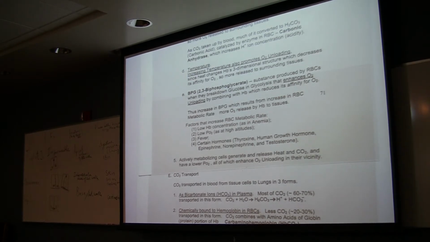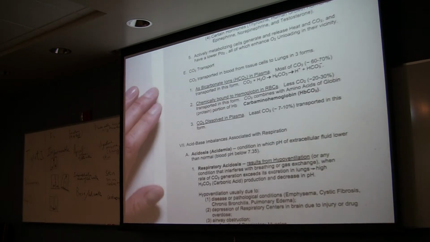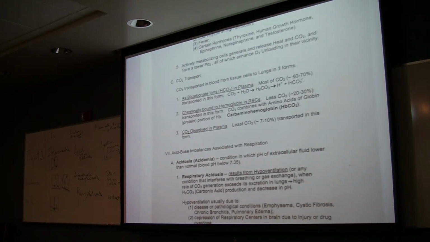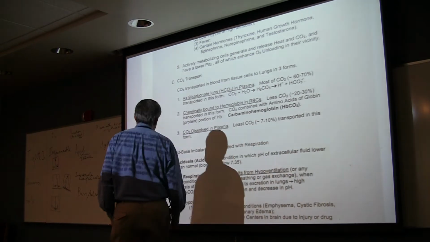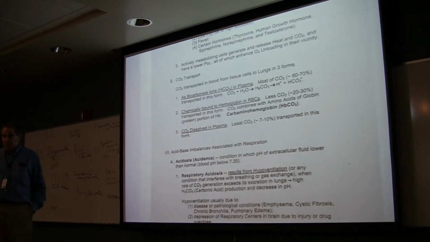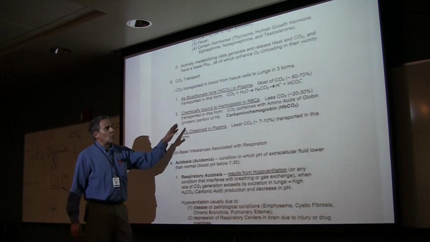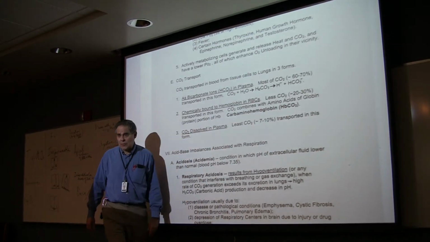Okay, let's look at CO2 transport. I already know that most of the oxygen in the blood is carried chemically bound to hemoglobin, in the red blood cells, but that's not true for CO2 because carbon dioxide is more soluble in water than is oxygen. So there are three forms in which the CO2 is transported, but most of it is outside the red blood cells. You can see only about 20 to 30% of the carbon dioxide is transported in the red blood cells,